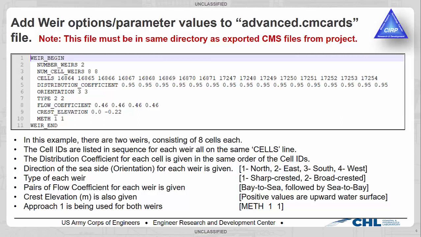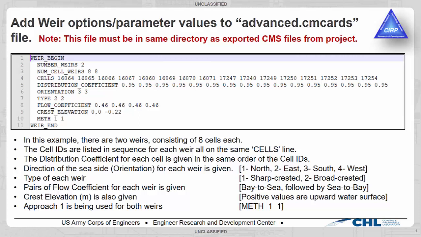So this is an additional file that CMS will read that has extra cards that it may need to pay attention to. Because right now in SMS 12.0 and later, up until the next version,